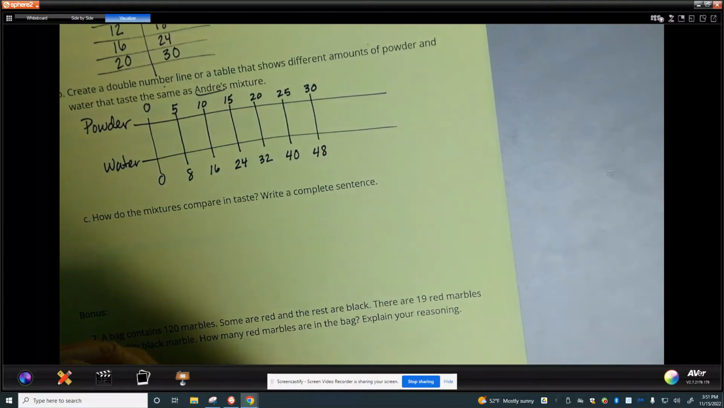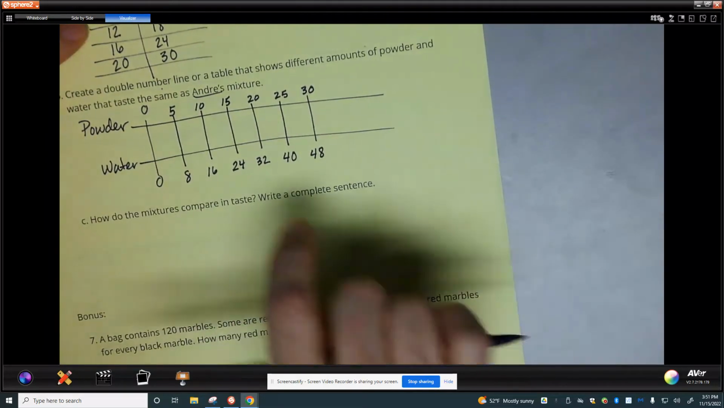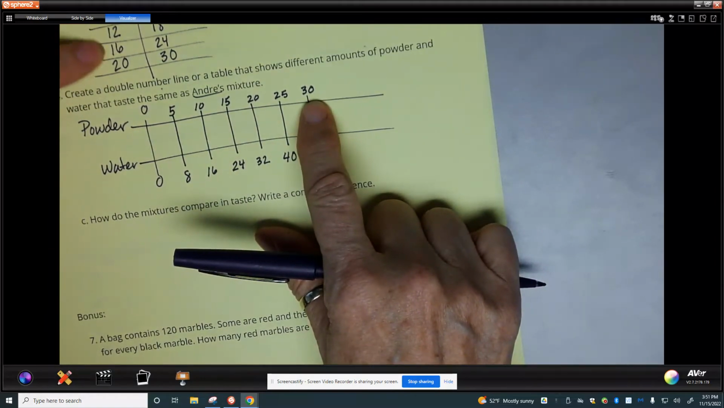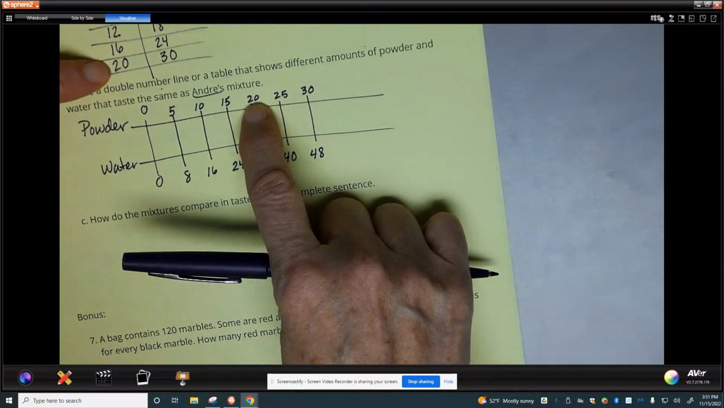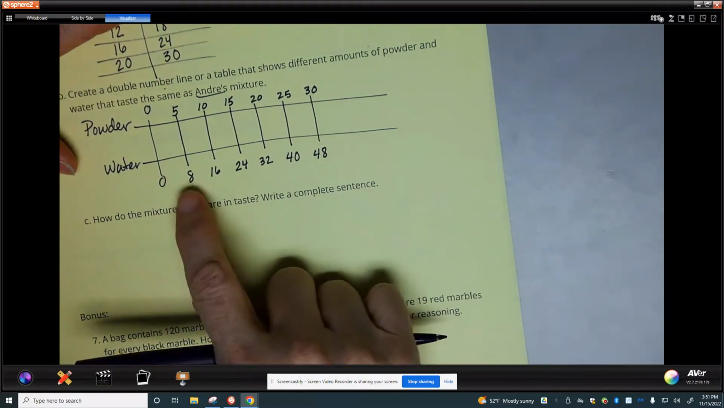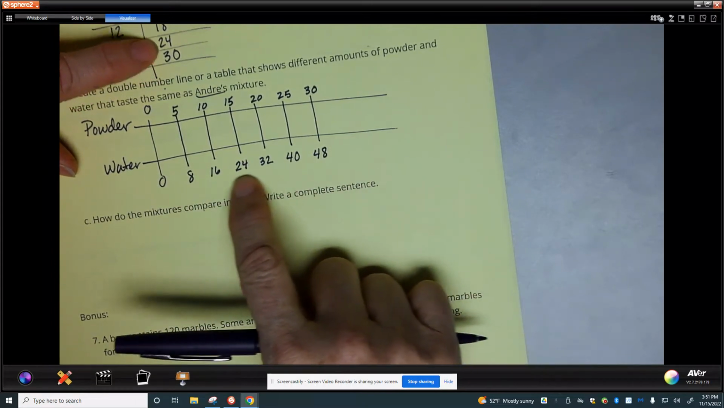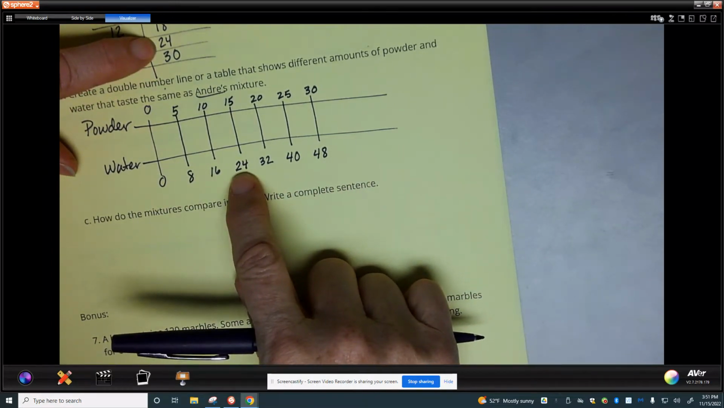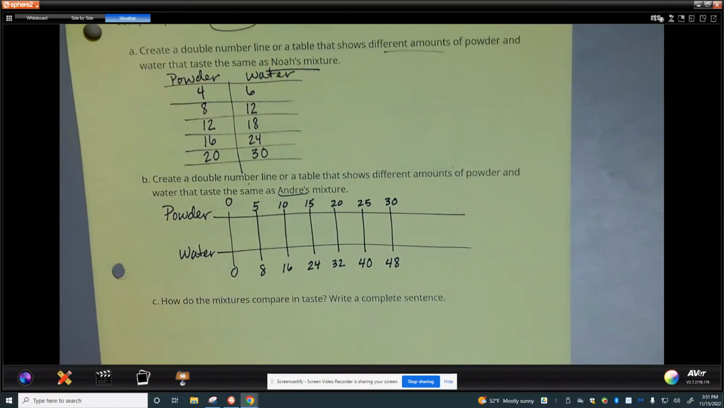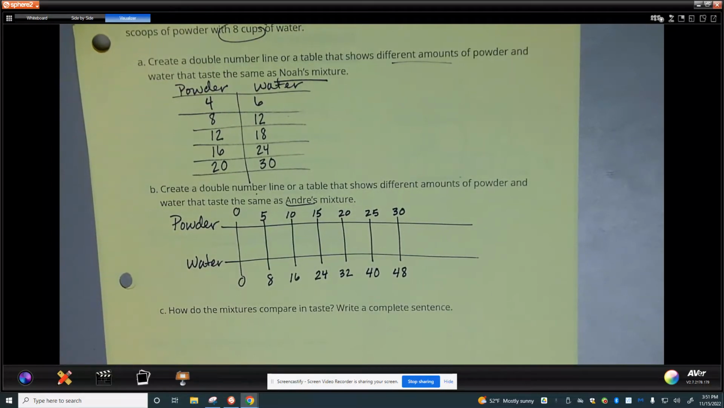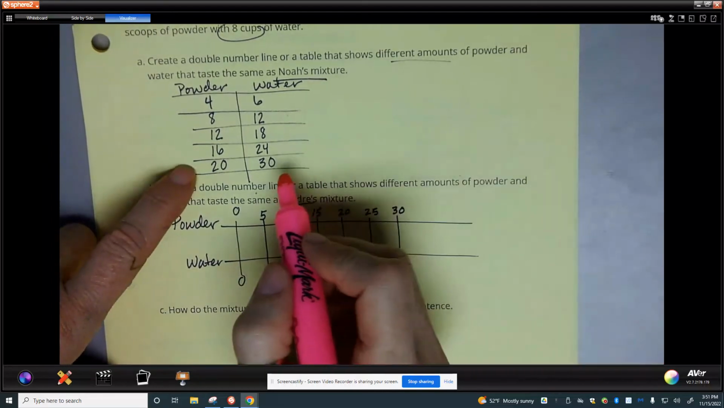Now when I look at these two displays, I'm looking for something that is the same. And I see a couple places. If I look at powder and look at powder, we need a number that's the same. I see that they both have a 20, so I could compare them both at 20 powder. Or if I look at water, I see that they both have 24 water. It doesn't matter where you choose, it's just that they have to have something in common. So I'm going to choose the 20